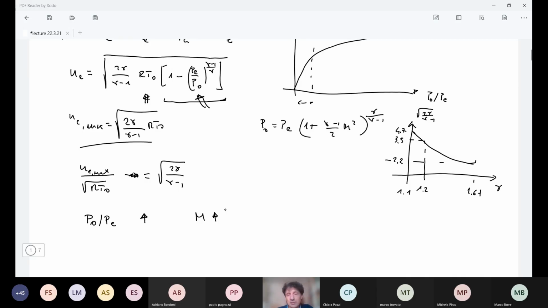We know, by the assumption that we made in the study of this ideal nozzle, that the inlet velocity is low. So we know that we start from a subsonic Mach number and we move towards a supersonic one. We know that there is a way to do this, but let's start first